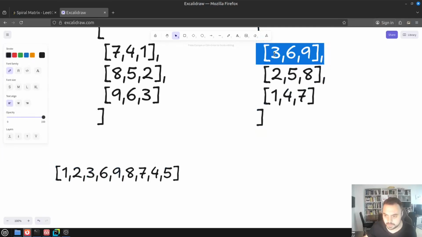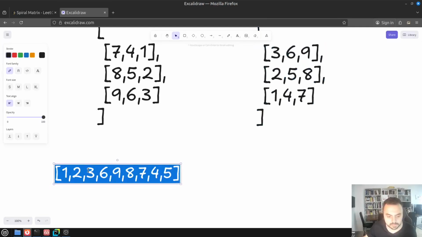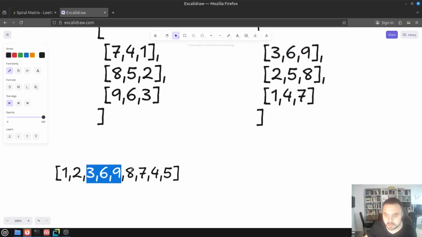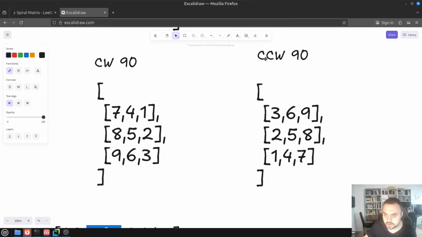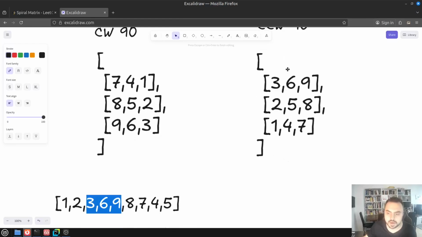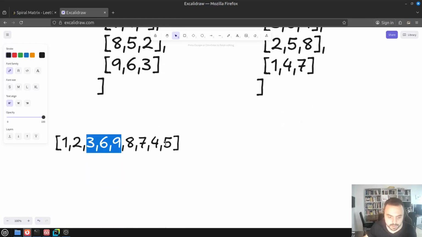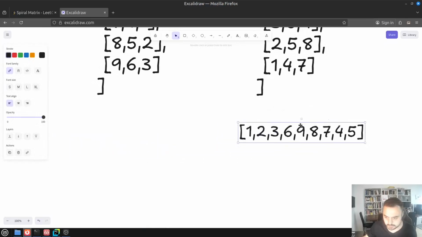Yeah, you can see 369, 369, but not completely. That's because we have to continue counterclockwise rotation up until there are no more rows. Yeah, so let's keep it here,